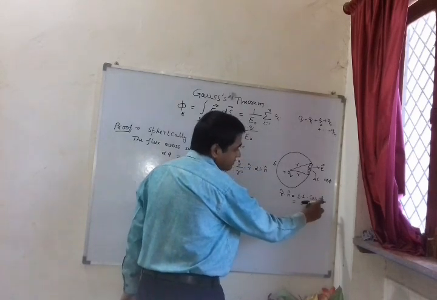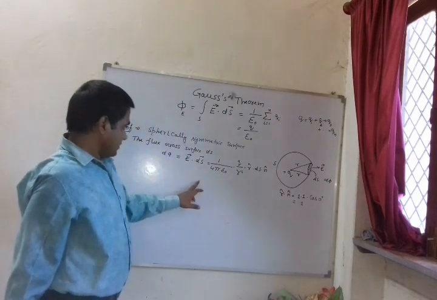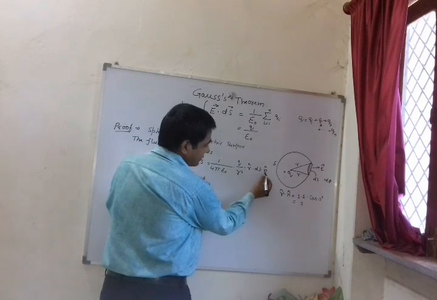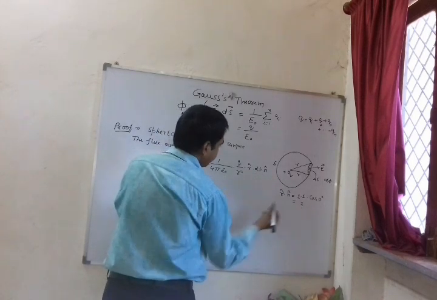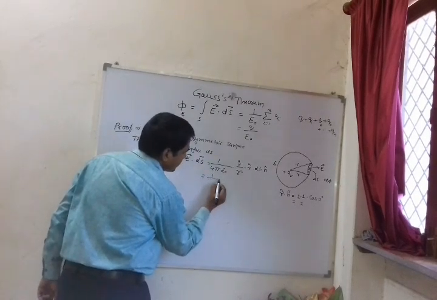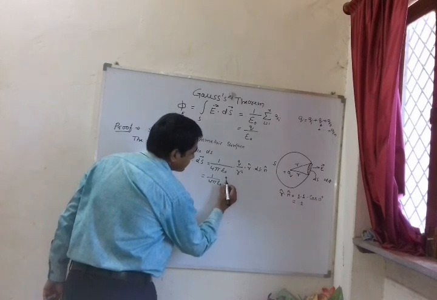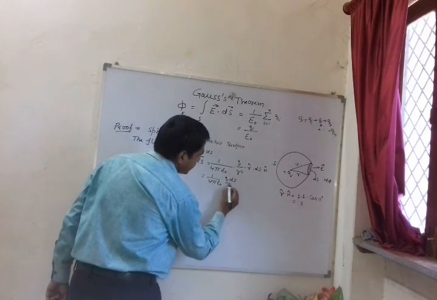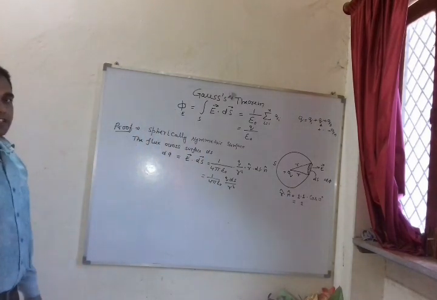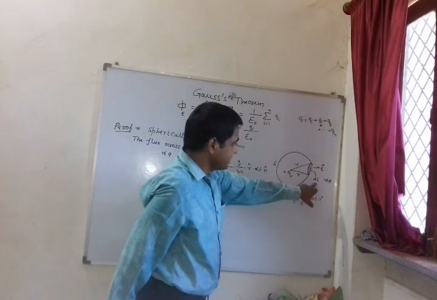Cos 0 की वैल्यू 1 होती है, तो 1 into 1 into 1 turn into 1. So this will be r dot n equal to 1. So the remaining term is 1 upon 4 pi epsilon naught q ds by r square. So this is the flux across the surface ds.